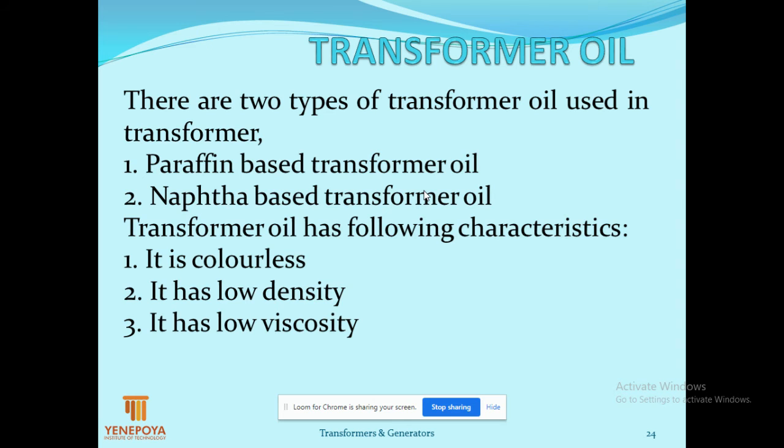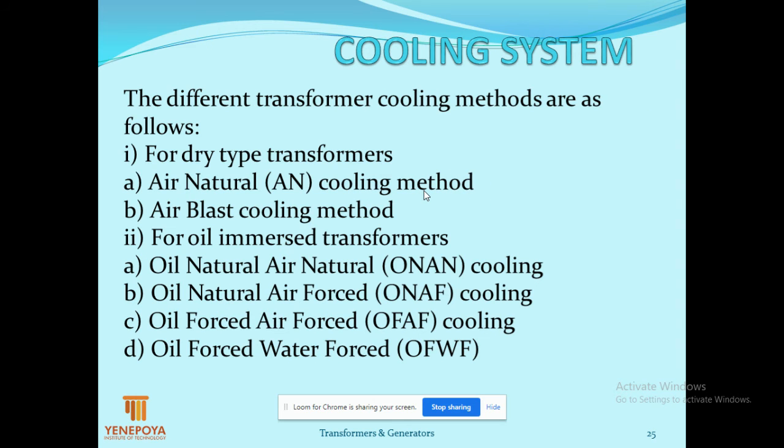There are certain points we will see here. The different types of transformer cooling methods are, for dry type transformers, the air natural cooling method. Air natural means the oil is passed through thin plates in tubes, nothing forced here. The atmospheric air will flow around those plates, and then automatically the oil will be cooled. That is specifically for small transformers. A small amount of heat is enough to cool with the environment. But for a large transformer, it is not possible.